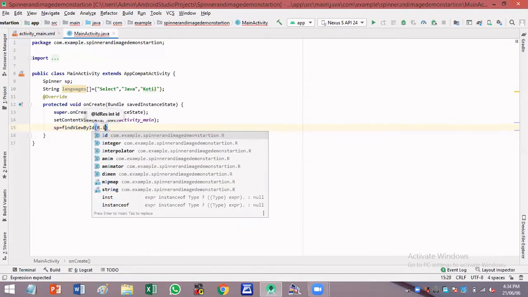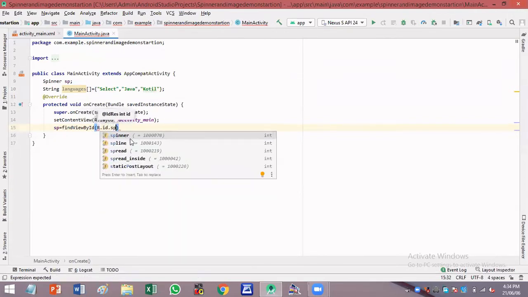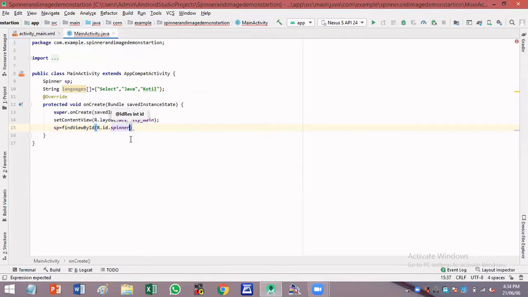So R.id.spinner. Here spinner is the name of the spinner tool that I have used, that is the ID name. Since I have not changed the ID name, by default, the ID is spinner.